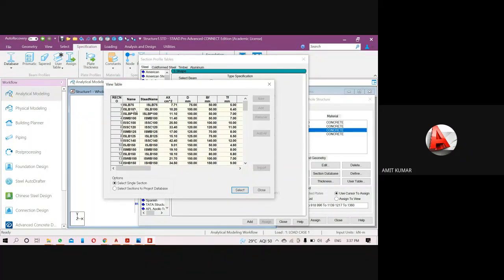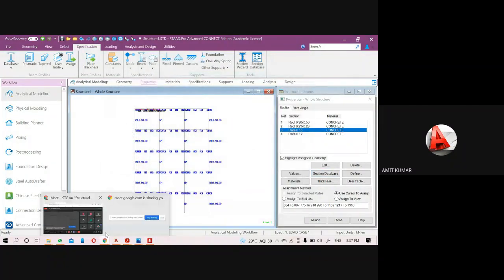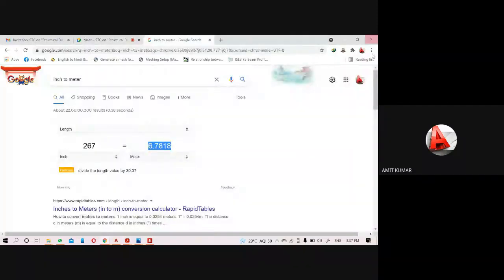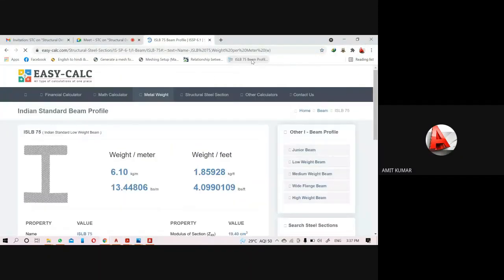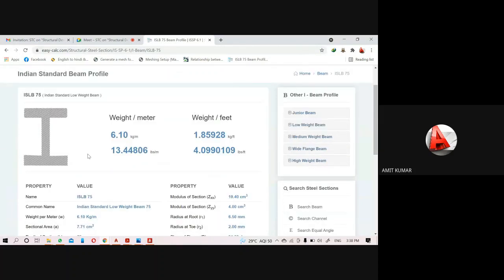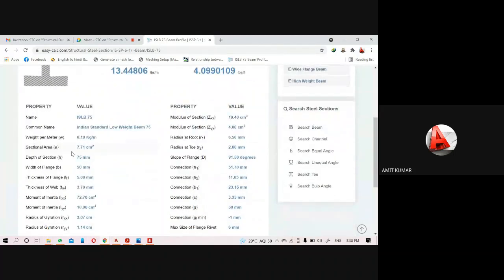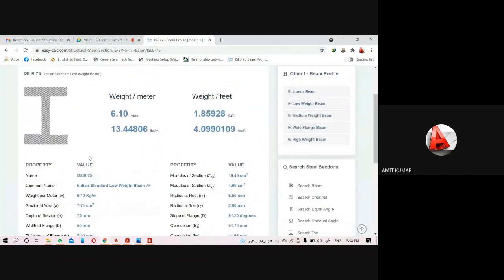So according to the code like ISLB, these values will be fixed. I can show you these values here also. Just wait. Here, if it is a lightweight beam ISLB 75, you can see the table here also.